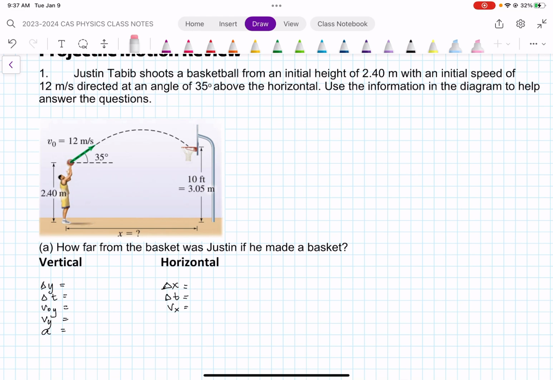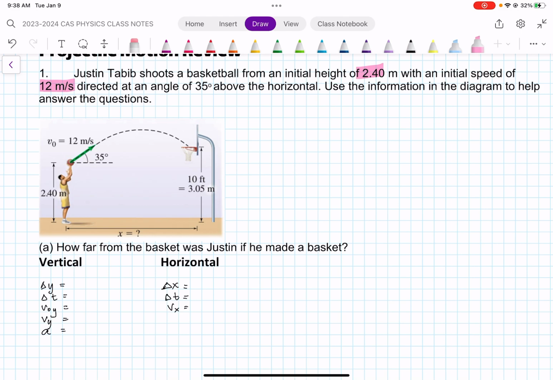One of the things to keep in mind is when do you just take a number like 2.40 and stick it in? That talks about a height. So does that mean it's the y? How about this 12 meters per second? Does that just go into the x? These are the kind of things that I really want you to start thinking critically about, because it'll help you